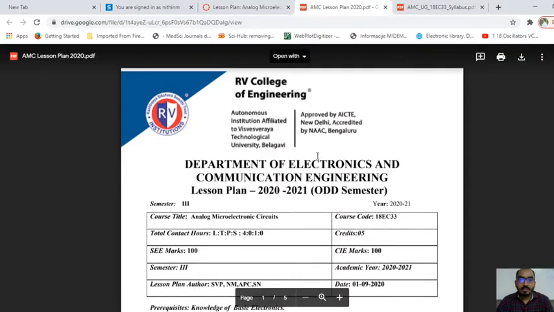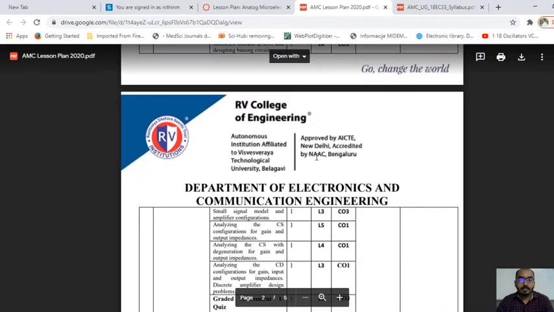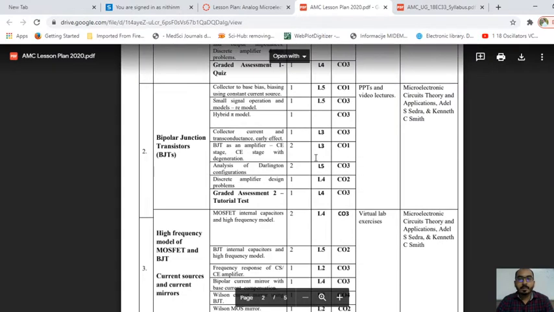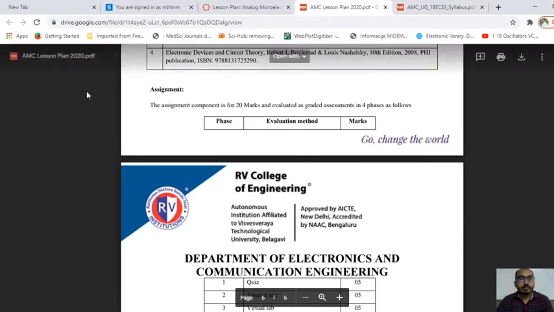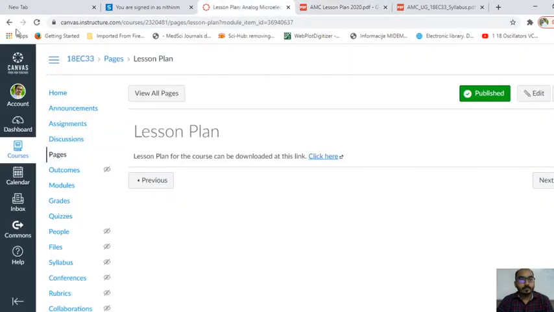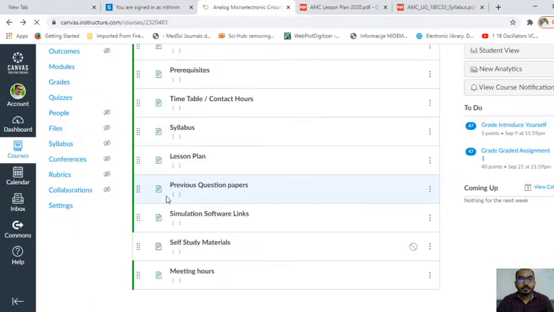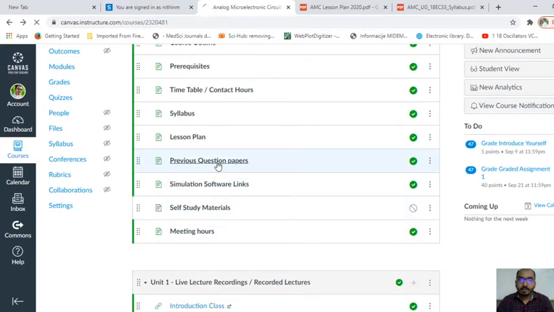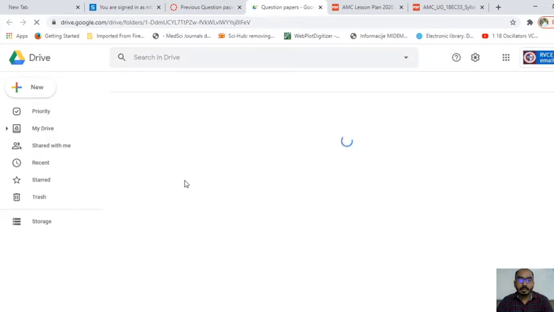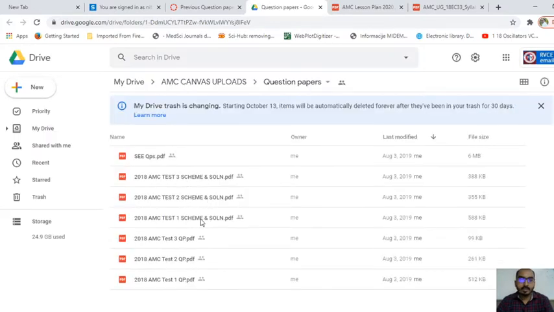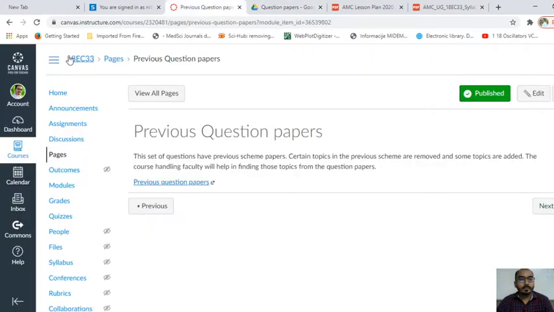Here a week-wise plan is given for the teaching that has to be done online, and at the end we have given COPO mapping and the reference books. And this contains the previous question papers, both semester end papers and internal exam papers, the scheme and solution, everything uploaded to the Google Drive link.